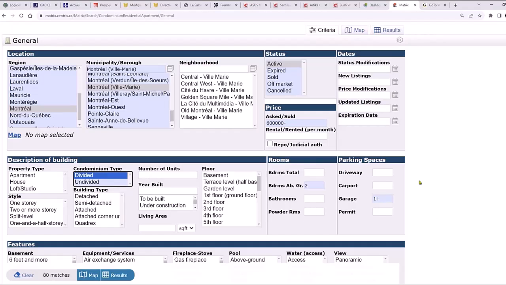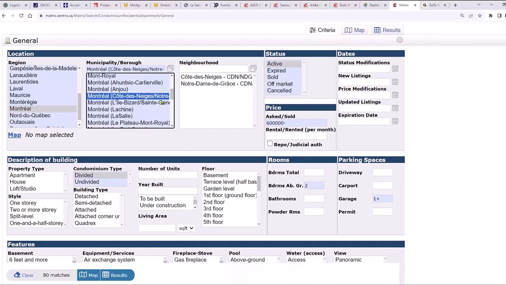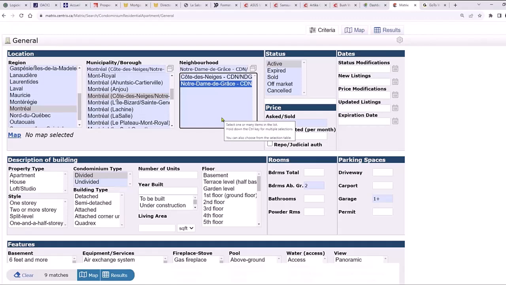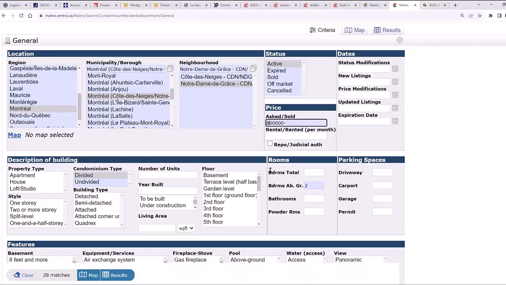NDG, Louise? Okay, yeah, let's check NDG. That's fine. Sorry, I just noticed you wrote it there. I don't mind. Let's look for NDG. Down to 9 with the same criteria. NDG is not easy. Actually, the garage might be the biggest problem in NDG. Oh, the price. Let's say under 800,000. Well, no. Let's go with a garage. We want a garage. Winter is coming, right? 12 results. And let's say 2 bedrooms or more. They're open to something larger.